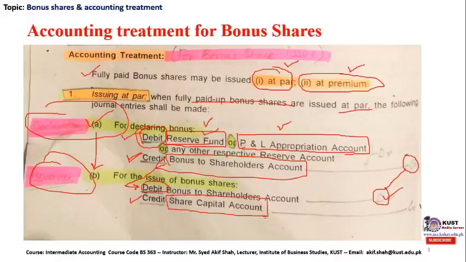portion. We can see that the share capital account is a permanent nature account, so therefore the journal reserve funds has been transformed into the permanent part of the owner equity, which is share capital account in this case. And the process of converting the reserve funds into the share capital account with the due process of the issuance of bonus share is known as capitalization of profit, if this is coming from profit and loss account or from the reserve fund account. So this is known as capitalization of our reserve funds or profit.